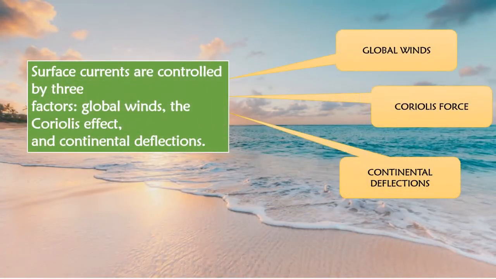The surface ocean waters or the surface currents are basically large scale circulation of air which is mostly derived from the unequal heating of the planet's surface by the sun. Surface water is primarily affected by the winds and tends to develop a rotational pattern. Now these, that is the surface ocean currents, are controlled by mainly three factors, that is global winds, the Coriolis effect or the Coriolis force, and continental deflections. Let us understand all of these in detail.